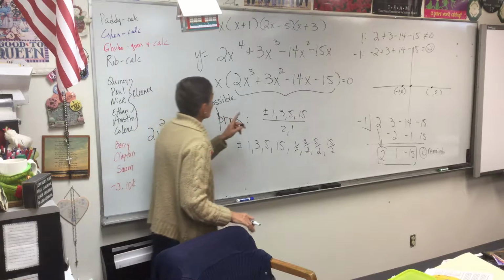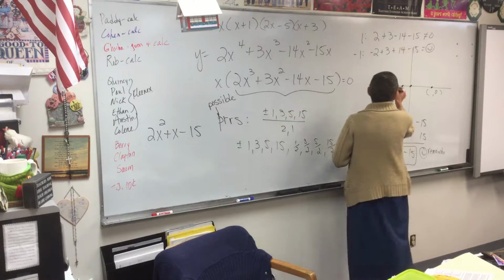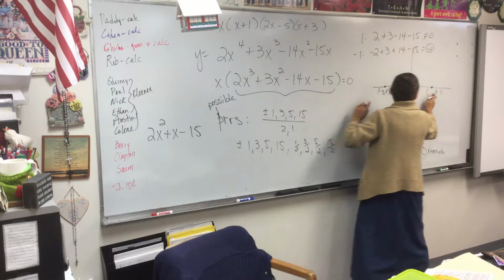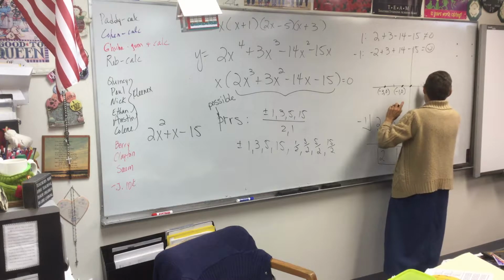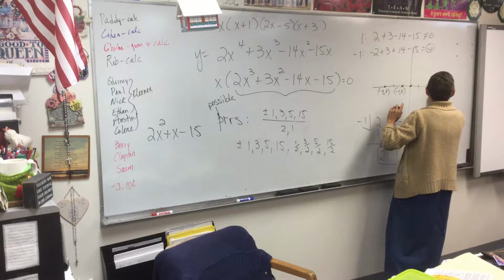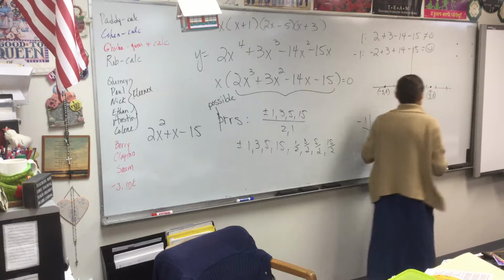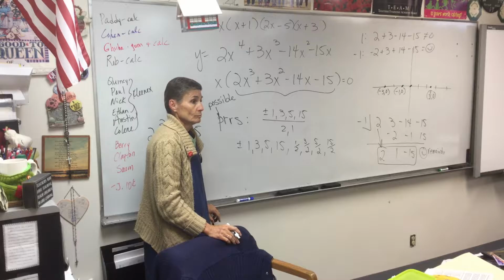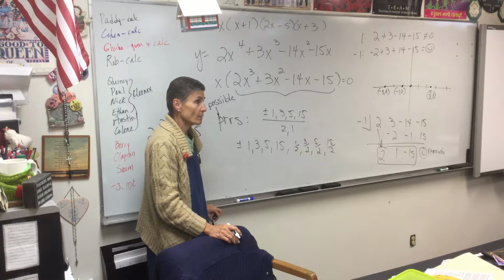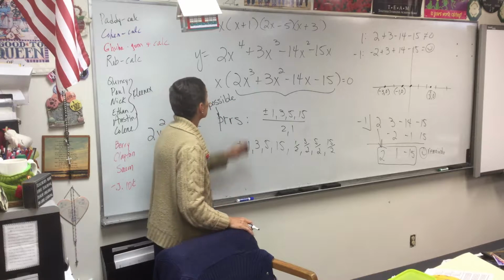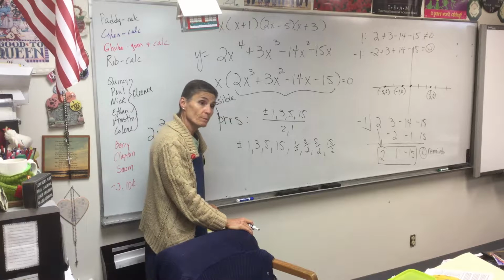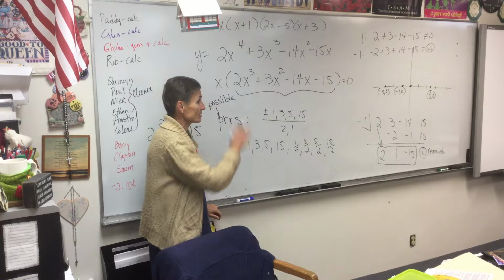So what are the other dots I'm putting on my graph? I've got one at -3, and I made that one up, remember, and I have one at, we're close, 5/2. Everybody okay with that? 4 dots, 4th degree. Nothing squared, no repeated factors, so that means when I start connecting the dots, I'm just going to